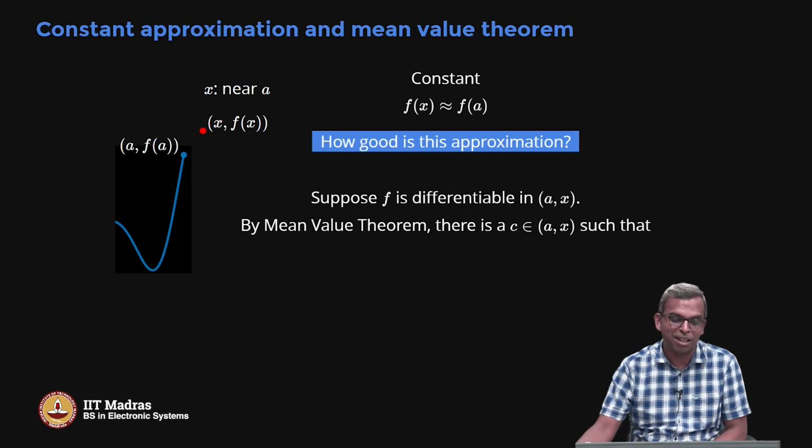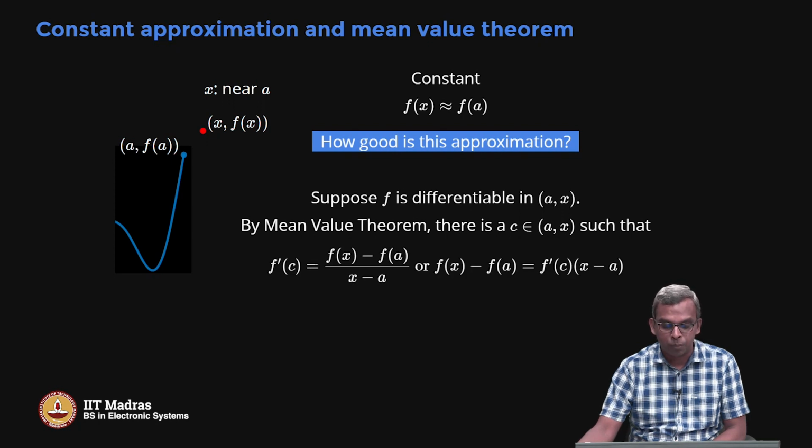Of course the derivative has to exist there, otherwise we have no business doing it. By the mean value theorem, there is a c in (a, x) such that f'(c) equals (f(x) minus f(a)) divided by (x minus a). So this we knew before from the mean value theorem. I'm going to rewrite this a little bit, and I get f(x) minus f(a) equals f'(c)